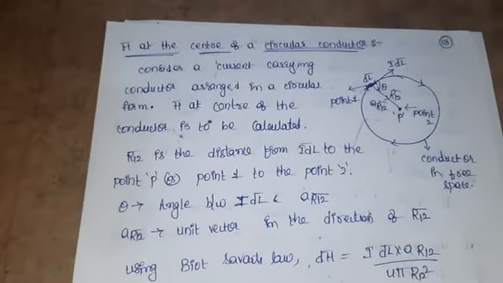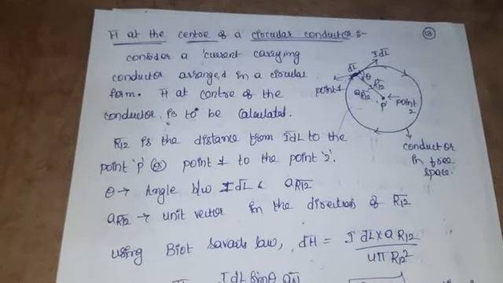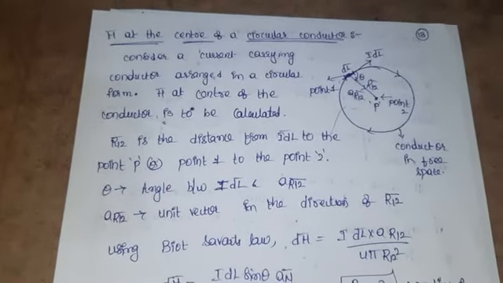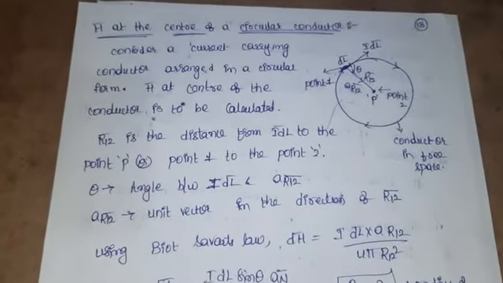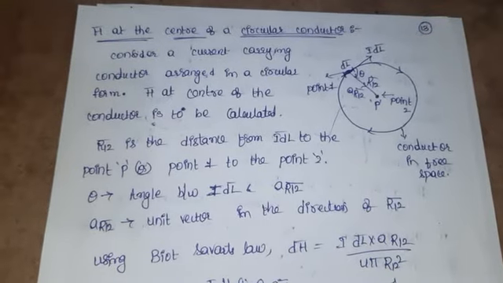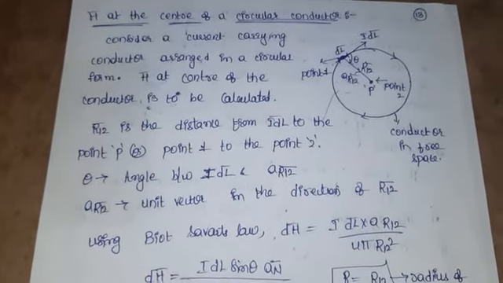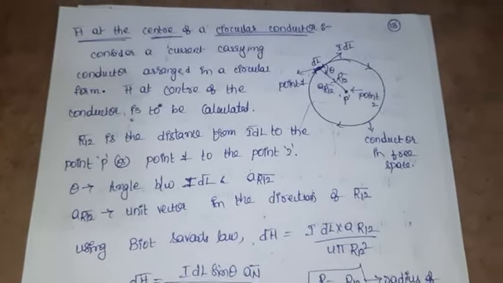So this is a second application of Biot-Savart's law, like Coulomb's law. By using Coulomb's law, we can calculate the electric field intensity at any point. Like this, magnetic field intensity can be calculated by using Biot-Savart's law. So this is calculating the magnetic field intensity at the center of the circular